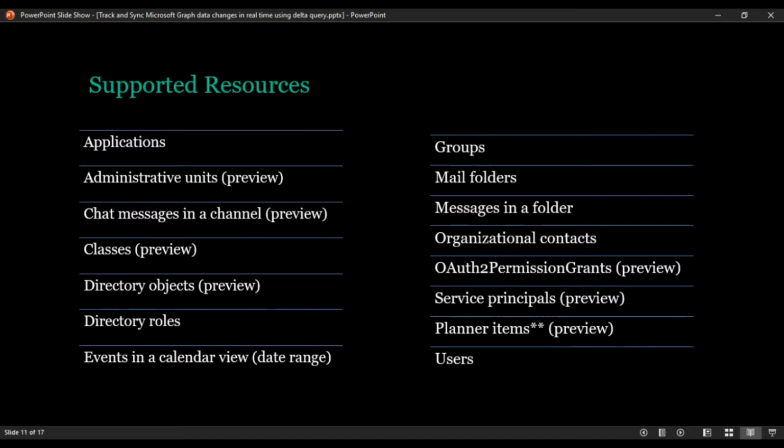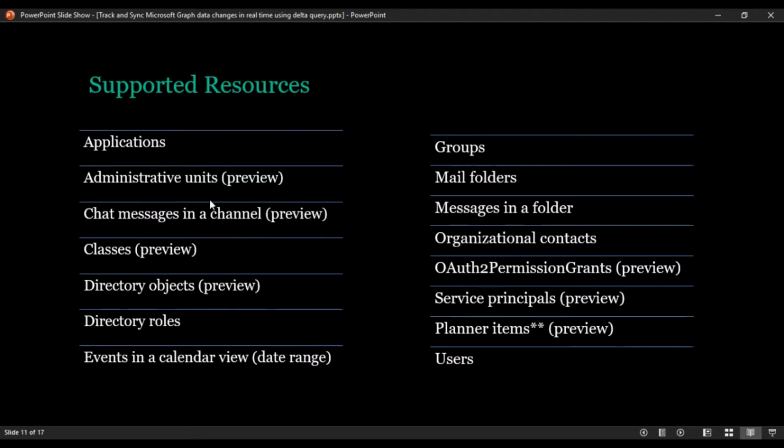So there will be a lot of data. If you want to keep the messages in sync, you need to keep on tracking and look through everything, and then you need to implement some custom logic. But with the help of Delta query, you don't need to worry about anything. First, you make an initial request and you get all your messages, then you can use the Delta query to get the updates.